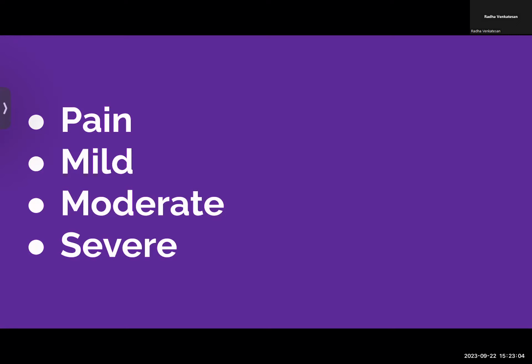So that is the only thing to understand. Otherwise, we will go step by step. If it is mild, start with step 1, wait, treat, and it might settle with step 1 drugs itself. If it is moderate, you can go to the moderate group drugs, that is weak opioids, or combine 1 and 2. Whereas if you are seeing the patient at a stage of severe pain, you can go straight to step 3 also. That is the important thing. So assessing the pain is going to help you decide which step of drug you are going to use.